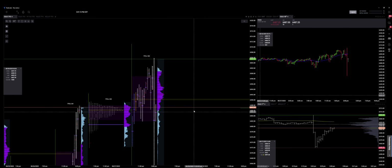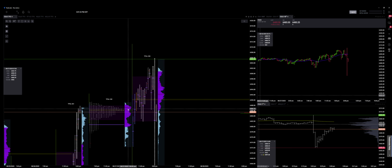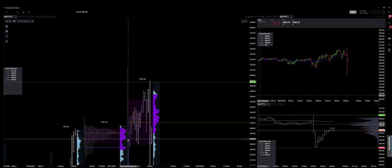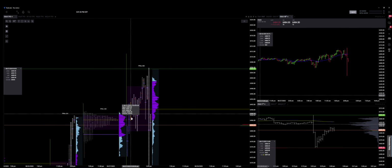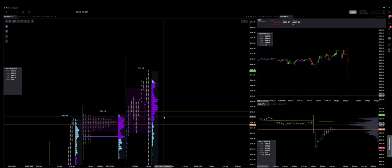You had to be patient, had to be quick. The only trades I took were a long in B period to take out A's high and push up into that point of control, the wide point of control in the overnight session. And then the next trade I took was in E period after we had taken out D's low, stopped the one-time framing up. They pushed back up near the highs. I got into a short position, expecting them to come and fill the set of single prints because we were at a daily balance high and a weekly balance high, and that paid pretty well as well. I missed the afternoon pullback low and just did not trade the rest of the day